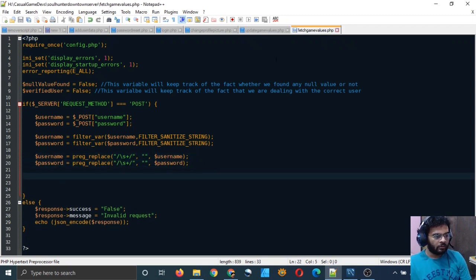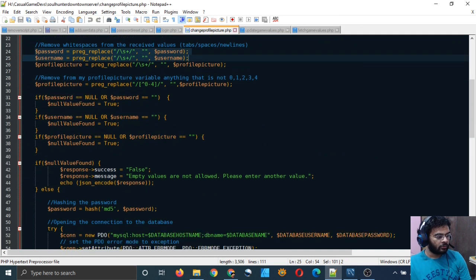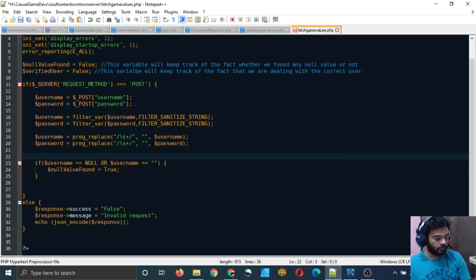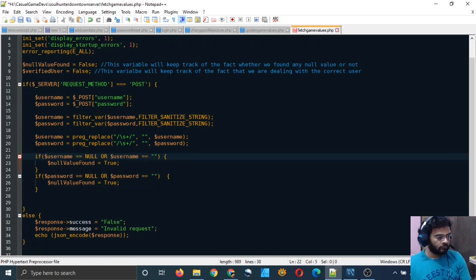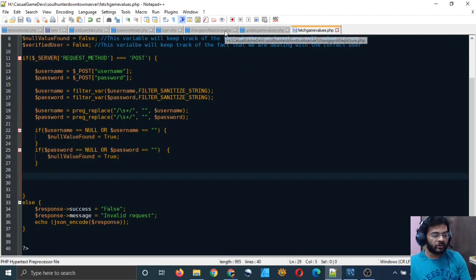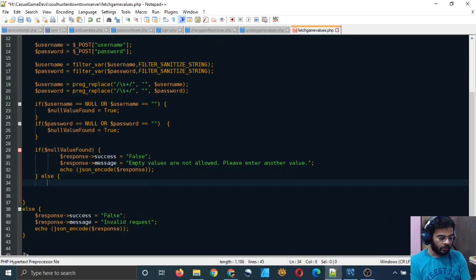Okay, that looks good, and now we will check if these values are empty or not. So using these two statements, and that's good. I will put the password at the bottom just to keep it symmetrical. Okay, that's good. And now I will put the condition which checks whether these values were empty or not, and which is this condition. Just copy till the else and paste it, and then close the else.